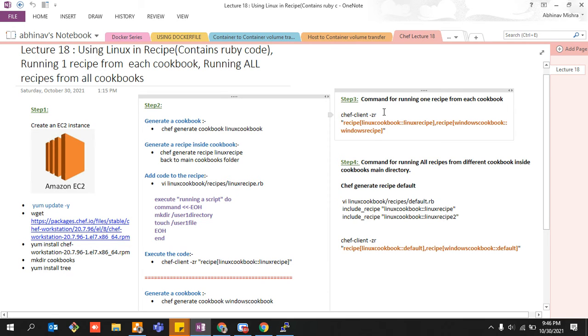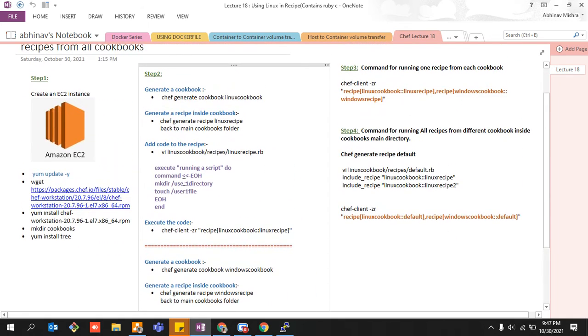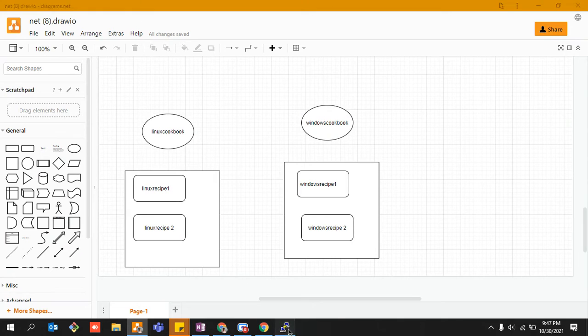So the command to do that is this one. You just have to execute everything, you have to prepare it, and you need to write recipe, the name of your cookbook, your recipe, and comma, then recipe, the name of your cookbook, and the recipe. This one already got executed, so this is not going to work. What I'll do is create one more recipe on my Linux machine. Why I'm saying that is because this recipe already got executed, so it won't run and you guys won't be able to see any output. So this is why I'm going to create one more recipe so that you are able to understand, right?